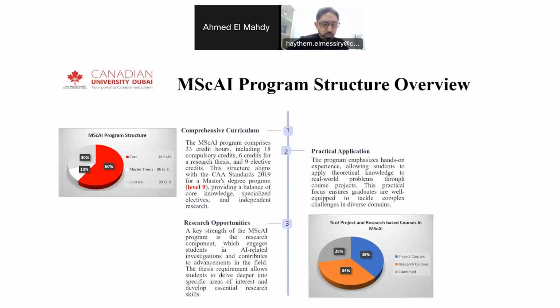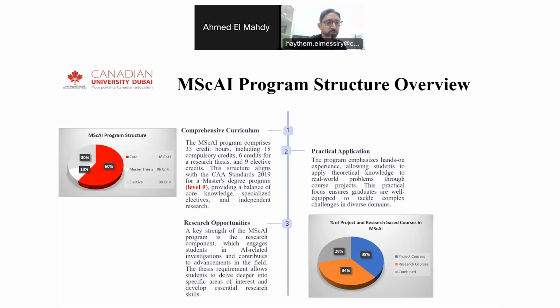So from the program structure overview, we'll find that we have our 3 main components. Once again, the curriculum component, which provides a type of balancing of the core knowledge, specialized electives, and a complete independent research. So those represent the 3 main components of the curriculum itself. So you need to have knowledge, which is driven by core courses, and then you need to have elective courses based on the specialization you are looking for, and then it should be applied through an independent